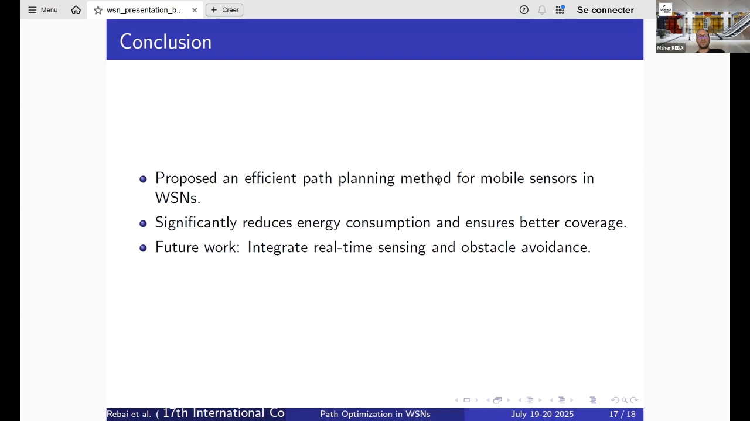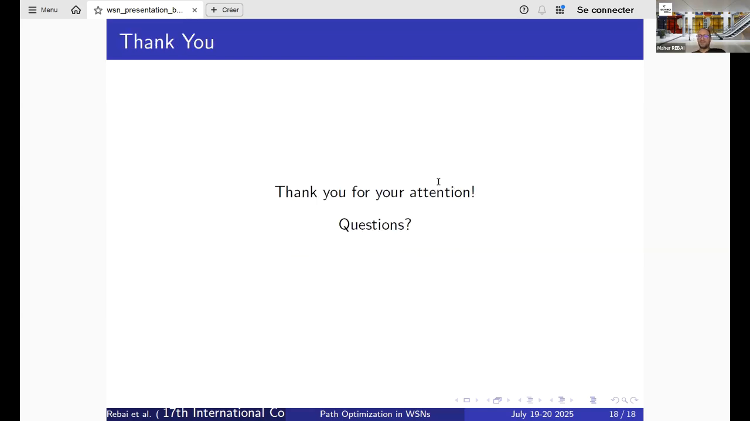So in future work, we plan to try to improve the computational time of this proposed approach by adding, for example, some valid constraints that may be developed based on the problem properties, and to integrate real-time sensing and obstacle avoidance in the sensing fields. Thank you for